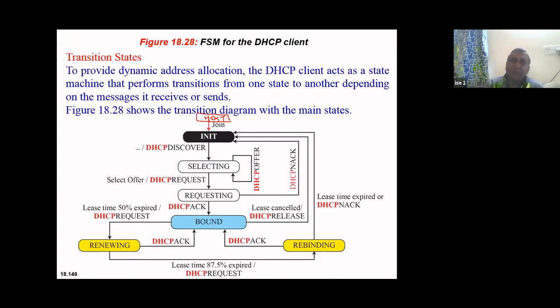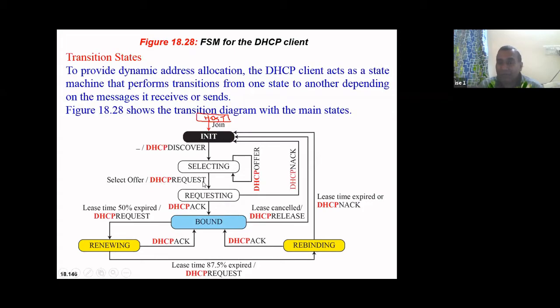Another offers 2400 units, another 3000 units. But 3600 units of time is the best offer it is getting. So it selects, and once the host selects the offer, it will send a DHCP request packet to the server which has given the best offer.